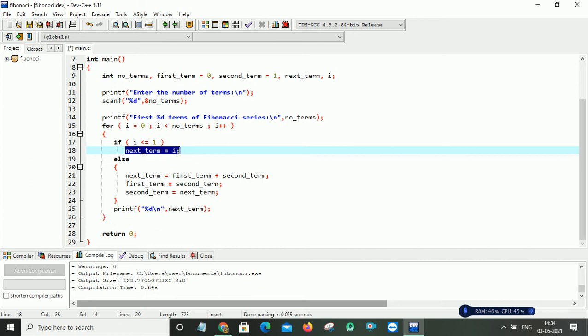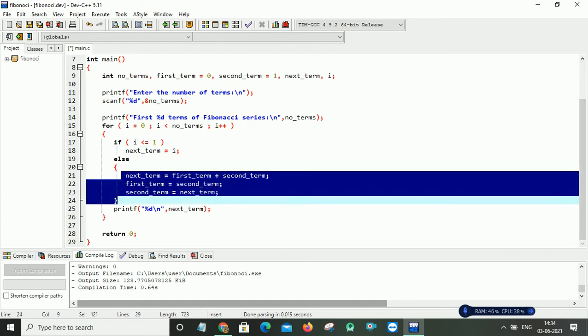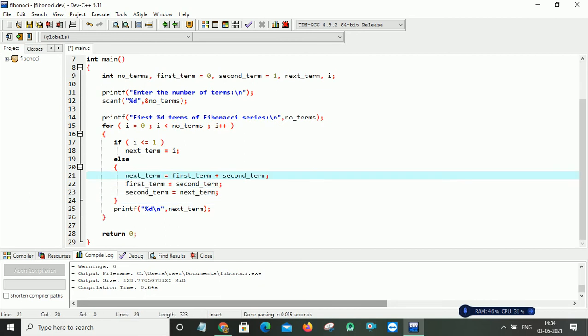After that i increments again and gets 2. The condition 2 less than or equal to 1 fails. So now it comes to the else part. It will generate the next term by adding the first and second terms in the list. Initially the first term is 0 and the second term is 1. These two are added and the result is the next term.